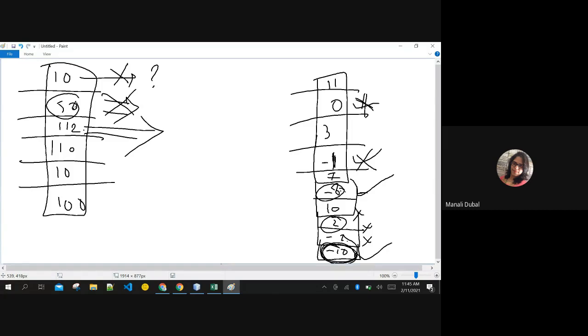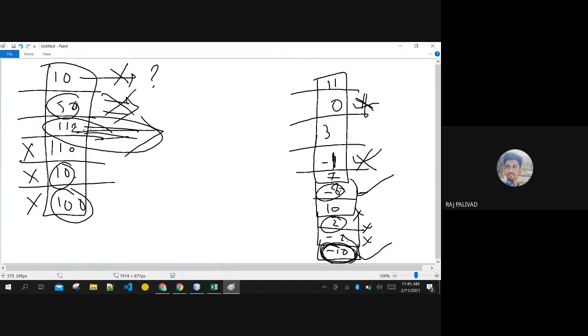What about 110? No. You are not in the competition at all. I'll check the next number, 10. You are so small, not at all in the competition. What about 100? No, 112, you win the game because 100 is not in the competition. So who is the highest number? 112. Are you getting it? How am I explaining to you?